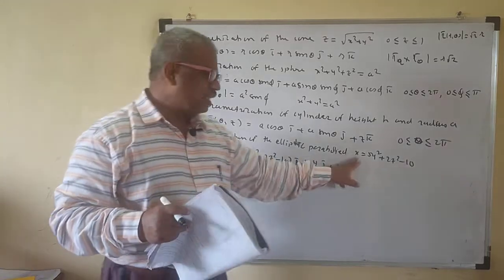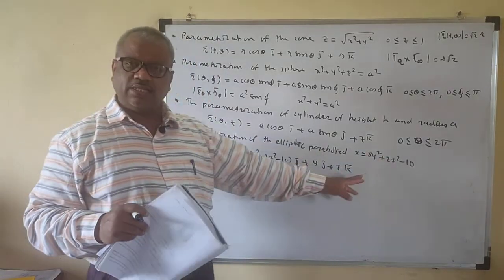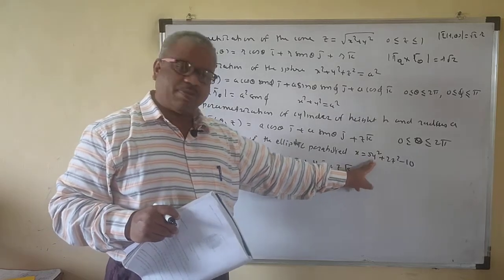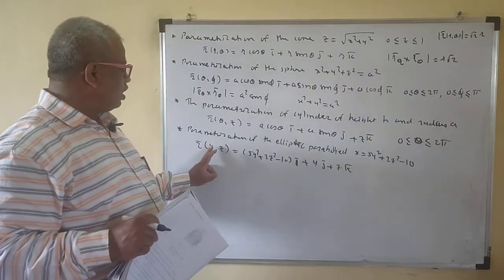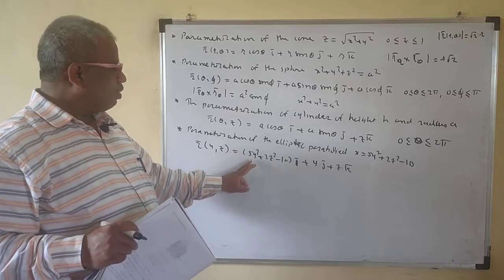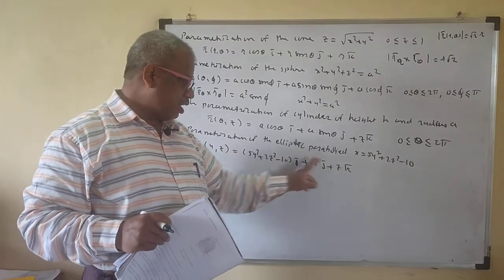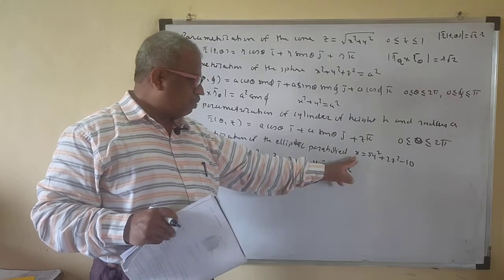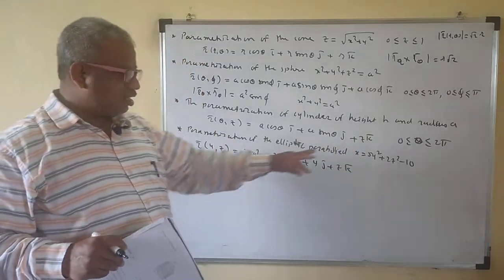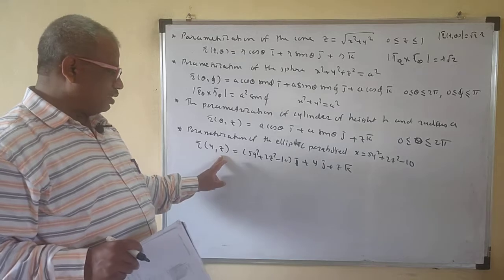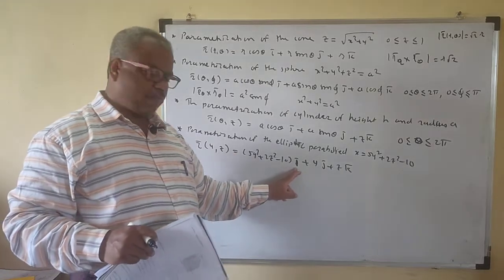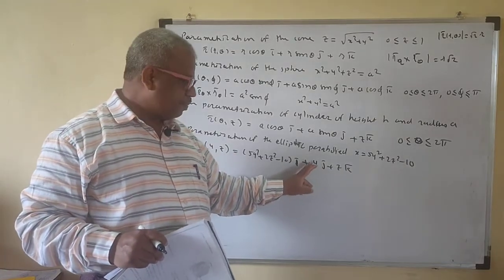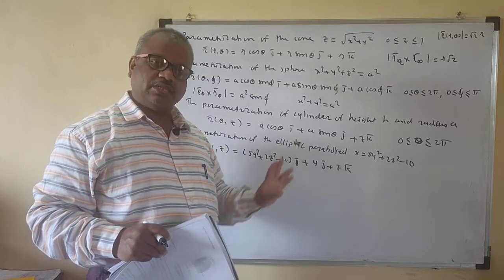Same thing here. Whatever z is equal to, a function of x and y, then this will be in terms of x and y only. So whatever this is, x i bar plus y j bar plus z, which is a function of x and y. If y is equal to this in terms of x and z, then this will be x i bar plus a function in terms of x and z, and this will be z k bar.